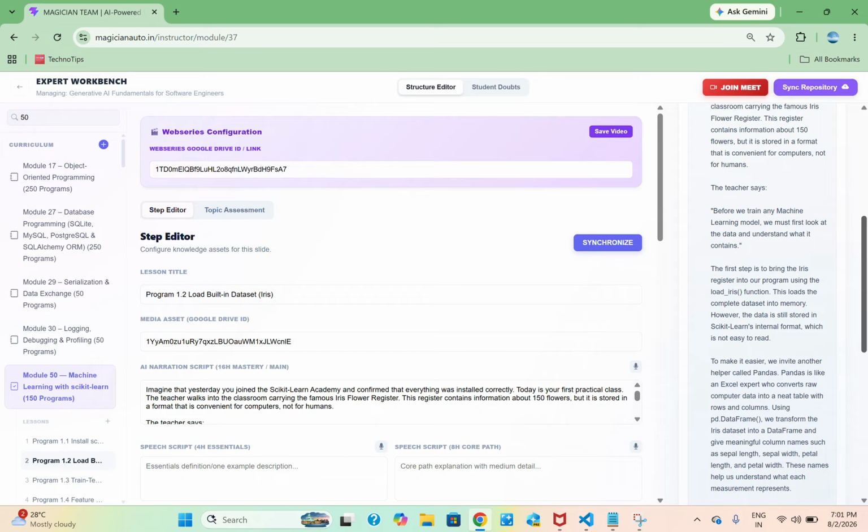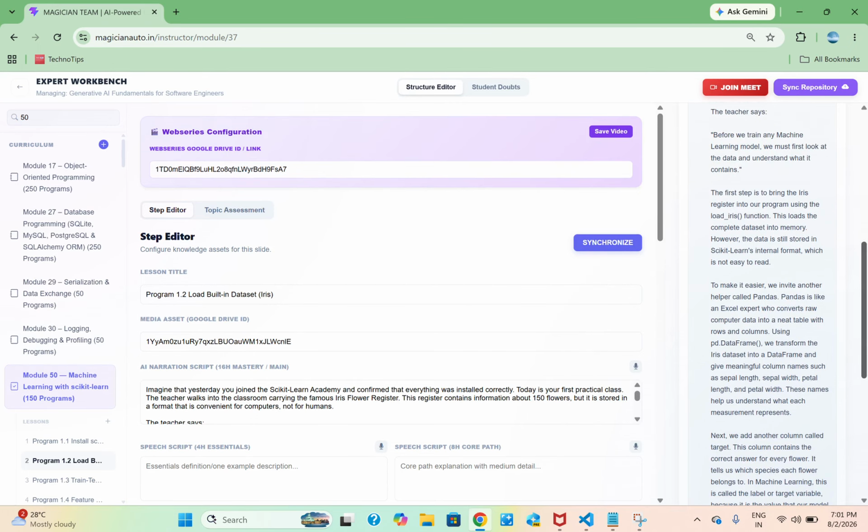To make it human understandable, we have to use one more helper library called pandas, which we installed in the previous session. Pandas is an Excel expert that converts raw computer data into a neat table with rows and columns using a function called DataFrame.